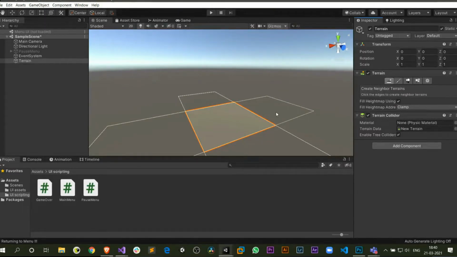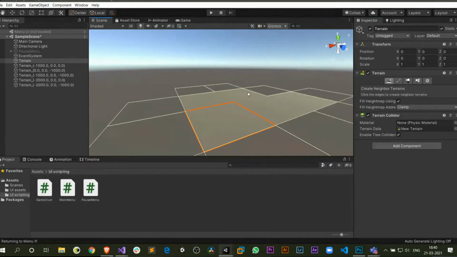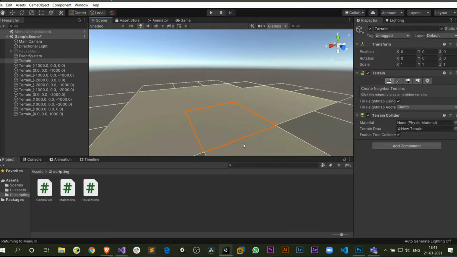See these grids are forming. Just click on these grids, and new terrains are created. Any number of terrains. This necessarily won't copy the same thing that you have in one to the other. You have to do it on your own. Else, what you can do is,